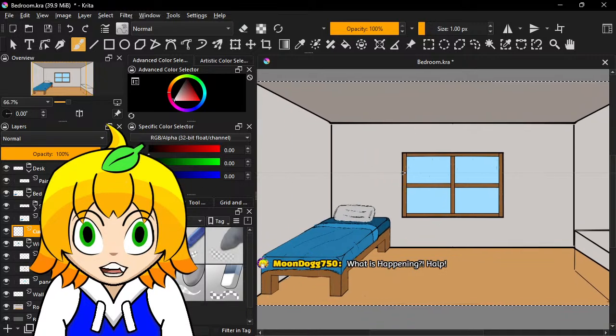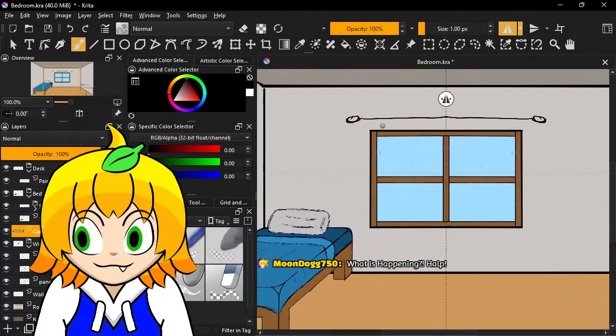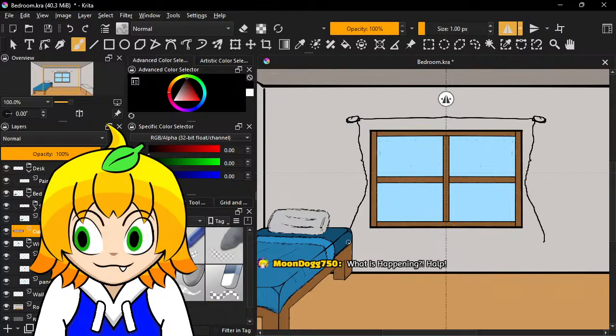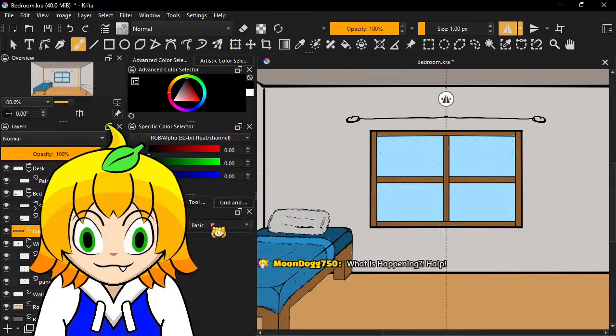But I'm thinking I'm gonna do a Colton. Gonna need a Colton rod here. I'm gonna look at my Coltons for a second. Not basic, we need weighted.